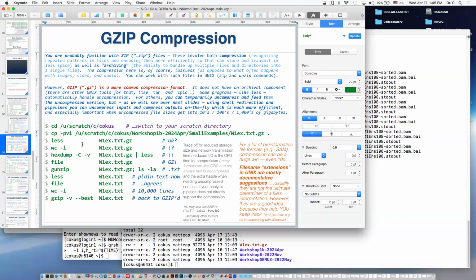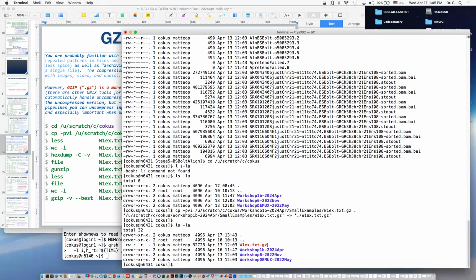So this file is a compressed file, right? You all probably are familiar with compressed files, either zips on